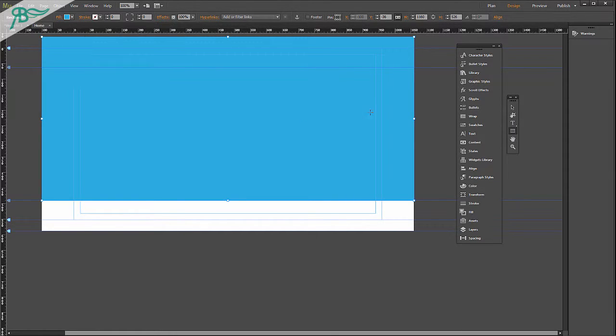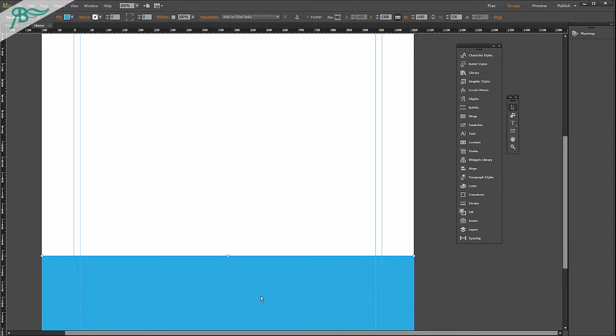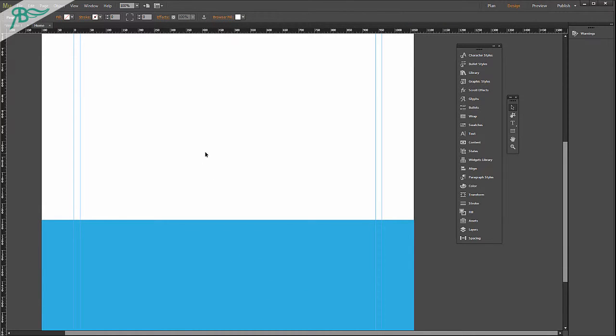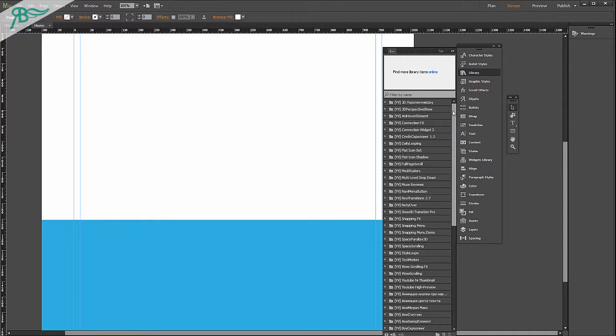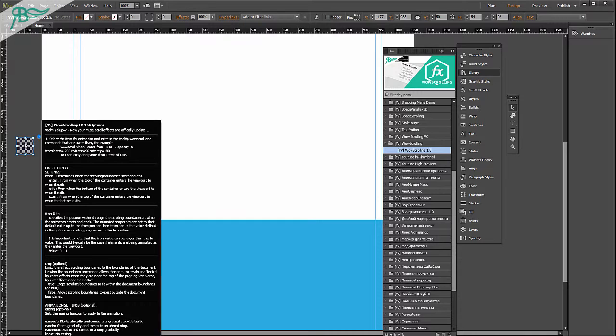In our widget it is of course scrolling, but at the top of our page there is no scrolling, so we put our element here, and after that we go to library. After installation of the widget, it is placed in the library in WowScrolling here. Drag and drop, and there is